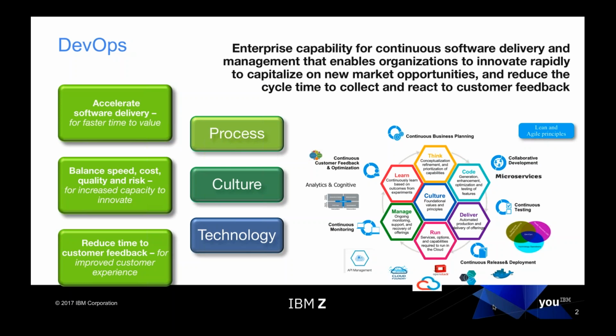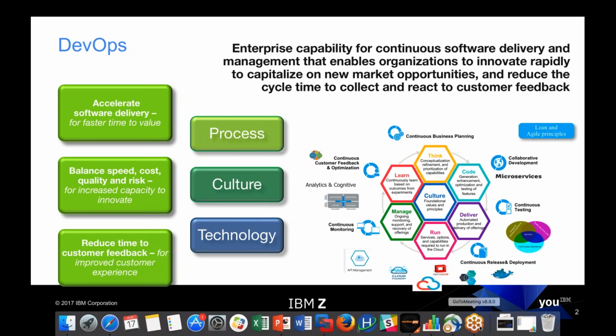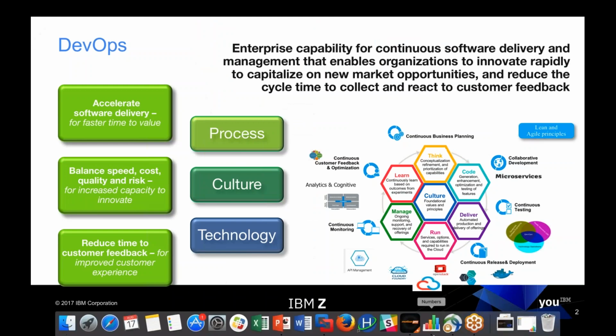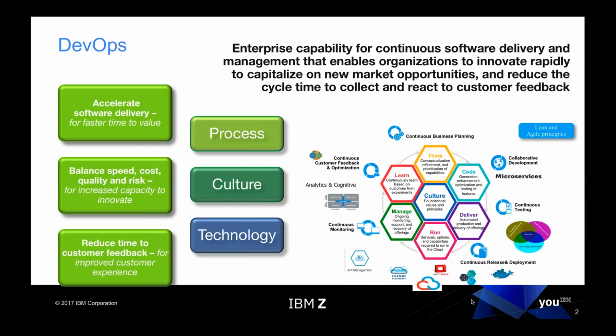DevOps is a key way of working. It is a way of allowing your teams to work together. It allows you to deliver the value you need at a much faster rate. And if you think about a definition of DevOps, it's really all about lean and agile, bringing them together across the entire organization, from the business all the way through the development and operations organization. And everybody has to work together.